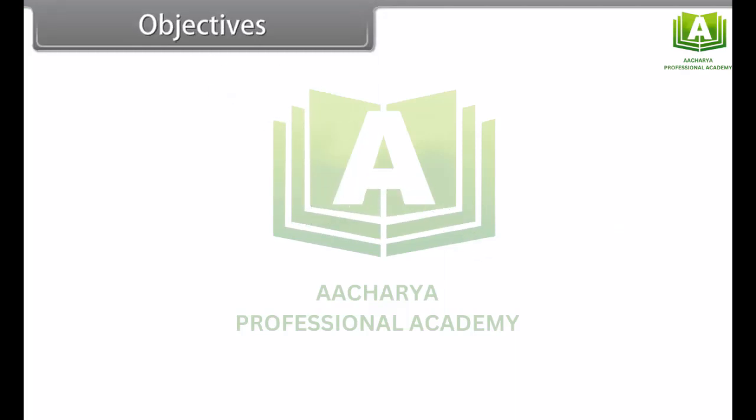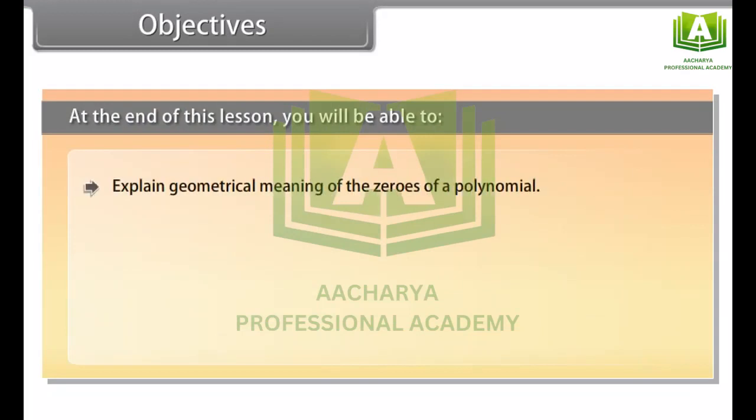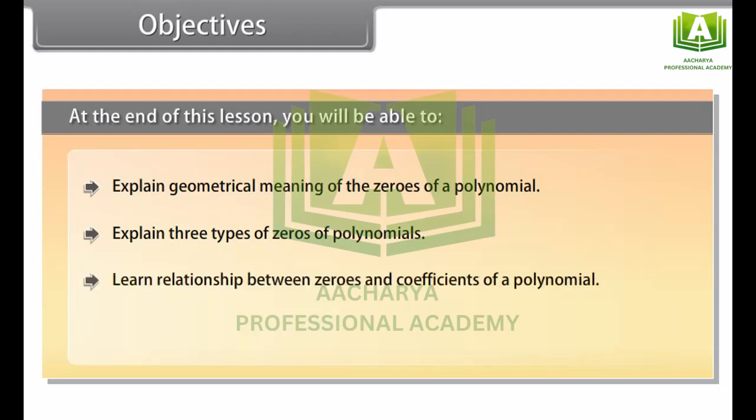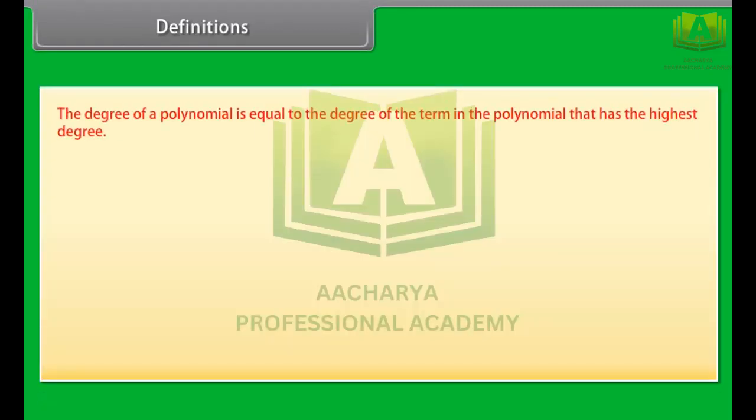Objectives. At the end of this lesson, you'll be able to explain the geometrical meaning of the zeros of a polynomial, explain 3 types of zeros of polynomials, learn the relationship between zeros and coefficients of a polynomial, explain the division algorithm for polynomials. Definitions. The degree of a polynomial is equal to the degree of the term in the polynomial that has